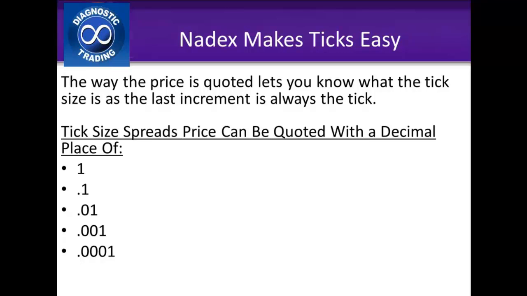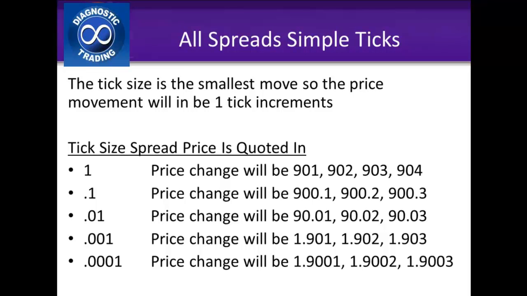Tick size: a spread's price can be quoted with a decimal place of either just 1, 0.1, 0.01, 0.001, or 0.0001. So let me go ahead and explain that further. Understanding that the tick size is the smallest move, the price movement will be in 1 tick increments. So if the tick size price is quoted like in 1, then the price will be from 901 to 902